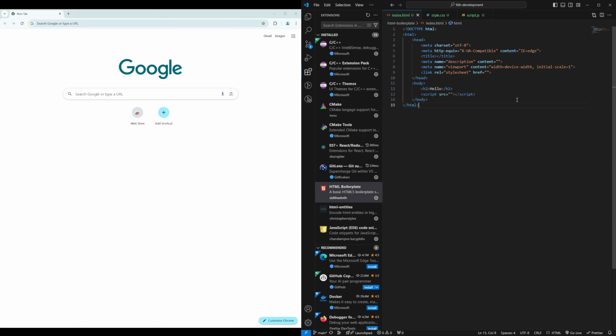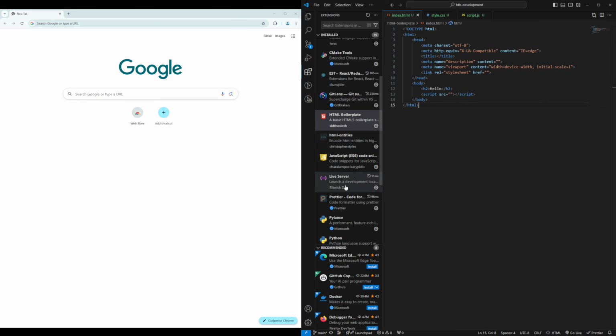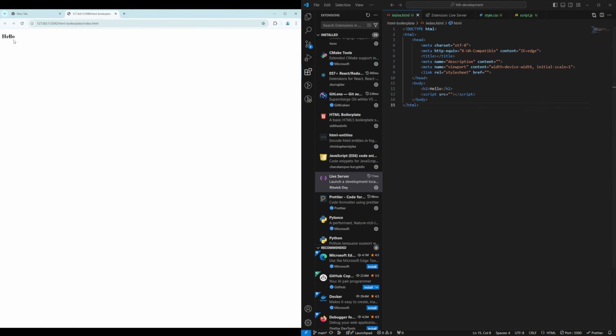And the next plugin we are going to use is Go Live. So it's this one. It's pretty simple. Once it's installed, when you have the skeleton ready, as we did, we can click Go Live and it appears here. So it's running. For example, let's add one word and it's automatically put in.